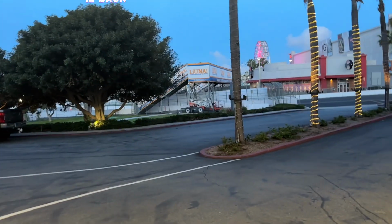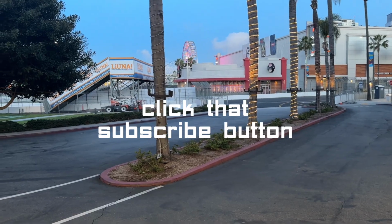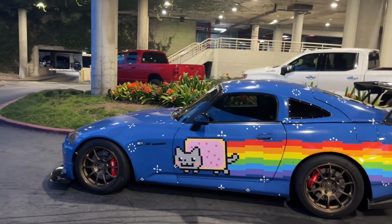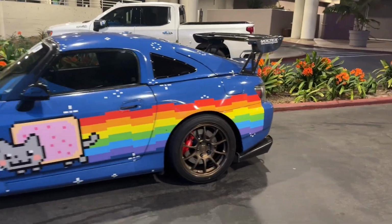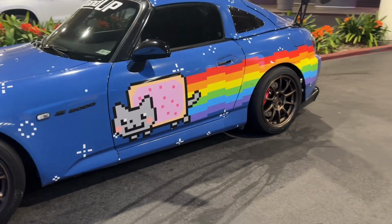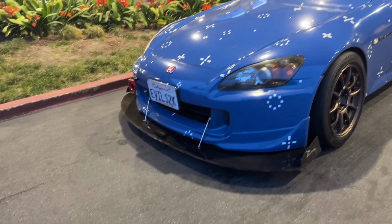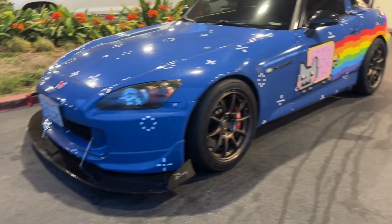Day 2 of Long Beach Formula Drift, and just waking up, getting the car. We're gonna take it to the car show, but here's one of the cars that are parked out front of the hotel. This 2000 hardtop with Evil S2K. Thing looks pretty much truck spec. Nice rims,